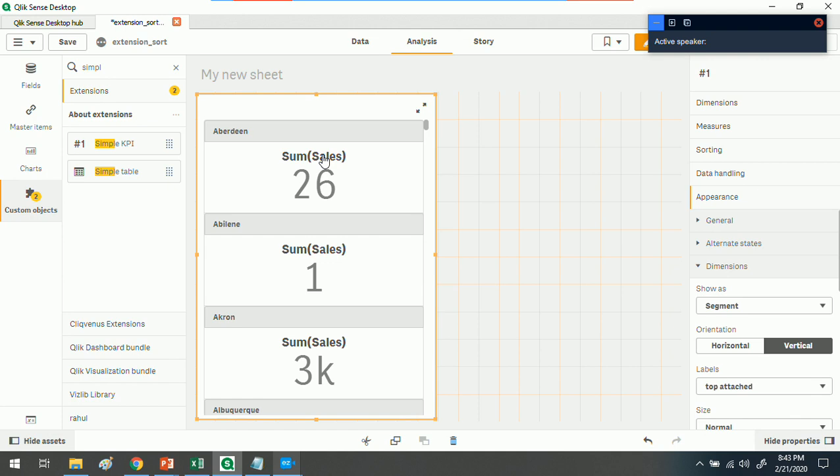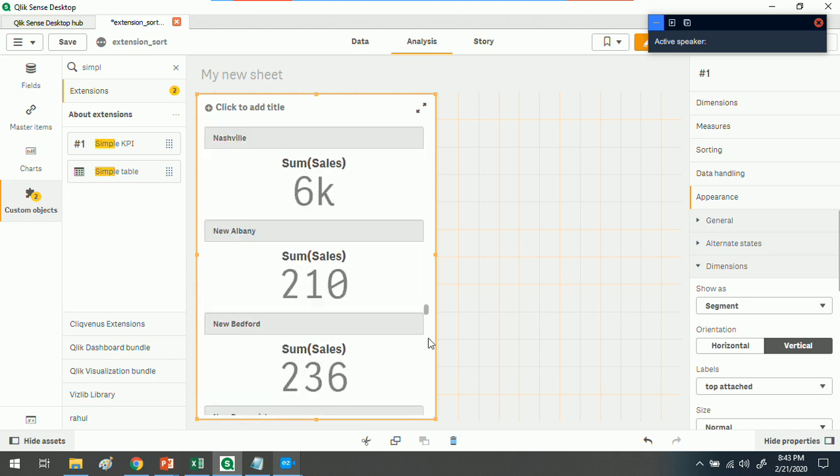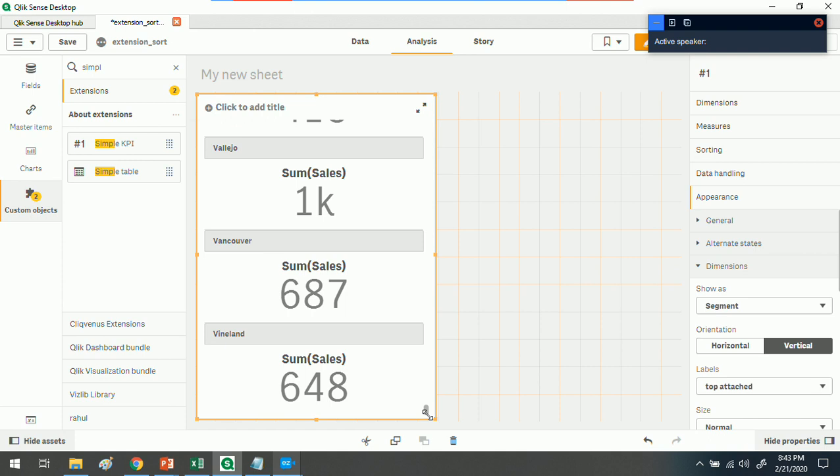Now it is showing up to Vinland City in US. This is US sales data, and I'm showing city as a dimension and the sum of sales as a measure. Earlier it used to show 80 rows of the same dimension, but now